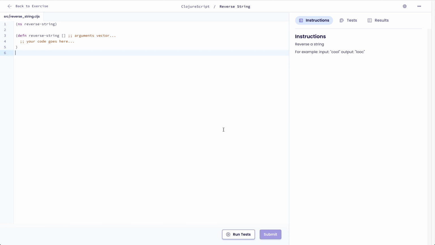Let's have a look at how to reverse a string in ClojureScript. Our goal is to reverse a string. Basically, it's a very trivial exercise in all other languages and in ClojureScript as well. For example, cool will become loc. The most straightforward way for me would be to pass a string here and just call reverse